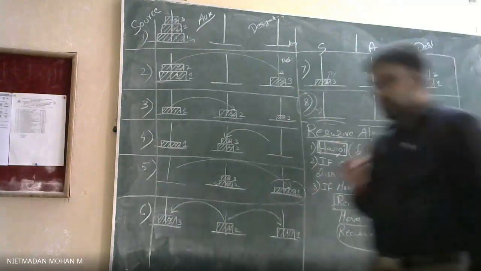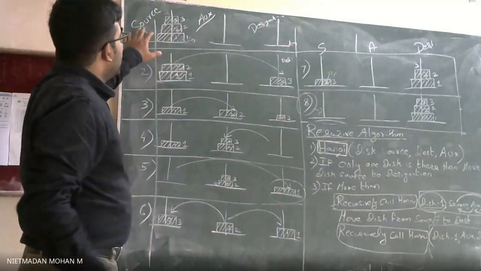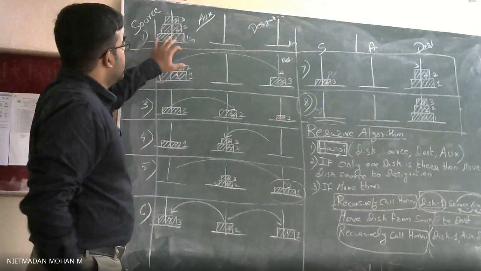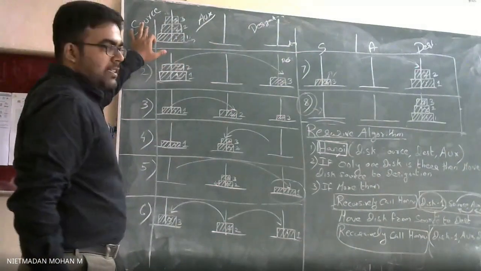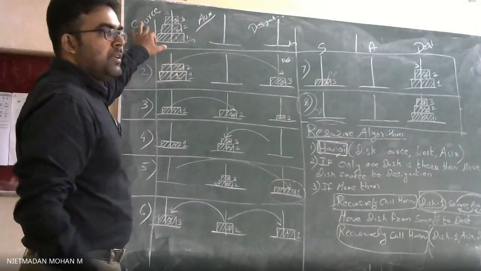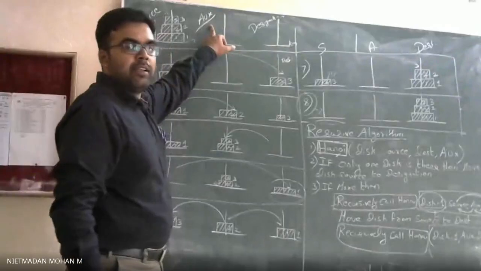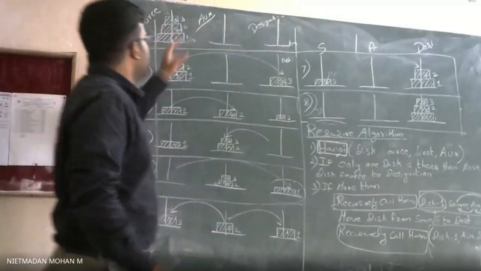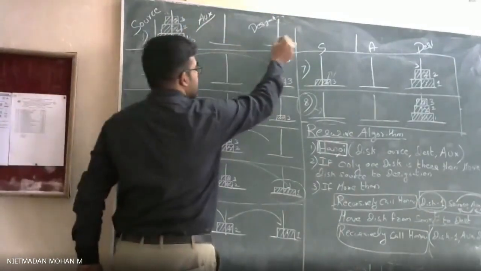So you just think of this. Whatever things we are giving, this 1, this 2, and this 3. This is stand 1, this is stand 2, and this is stand 3. This stand 1 will represent the source. Source consists of the discs, and this auxiliary part will represent the intermediate, and this will be the destination. So what you want to do is transfer 1, 2, and 3 to the destination. So this is the concept.